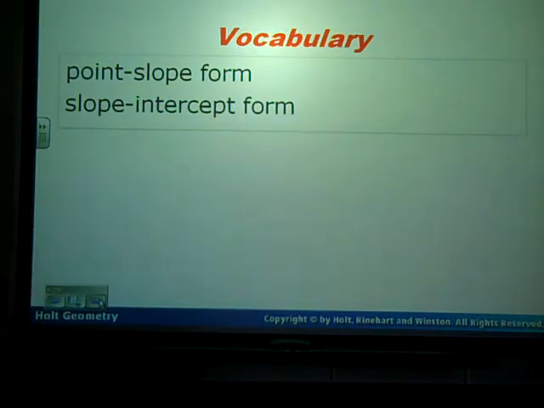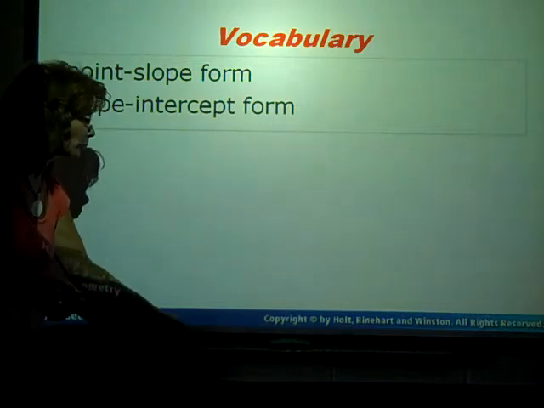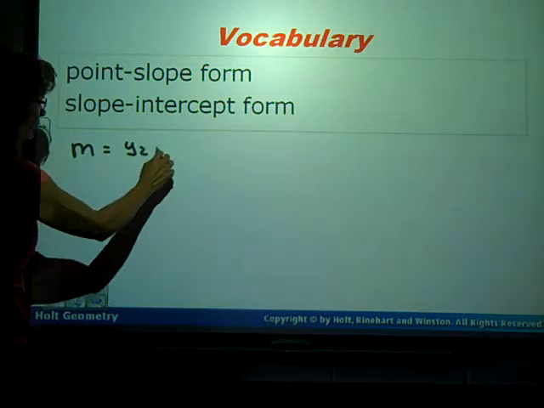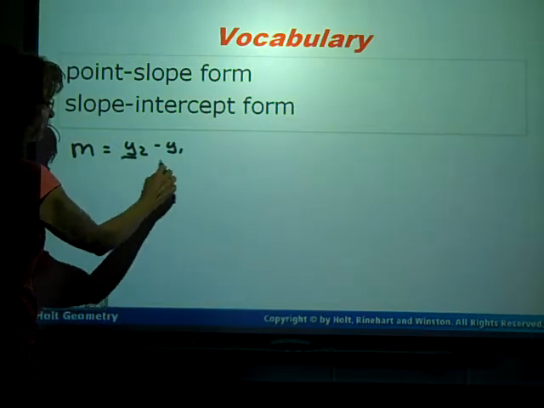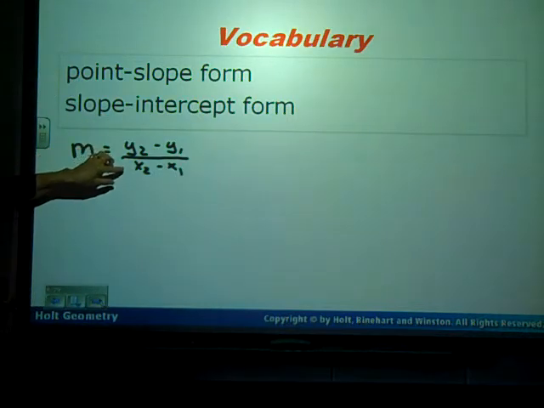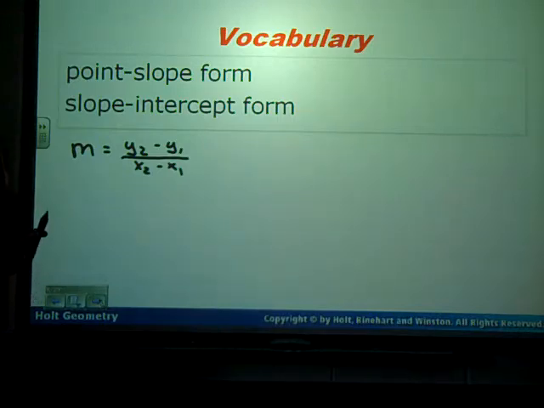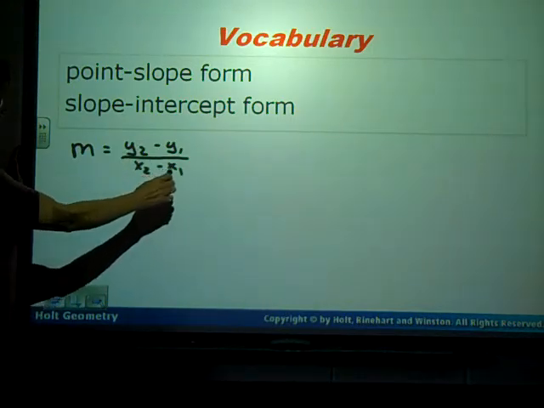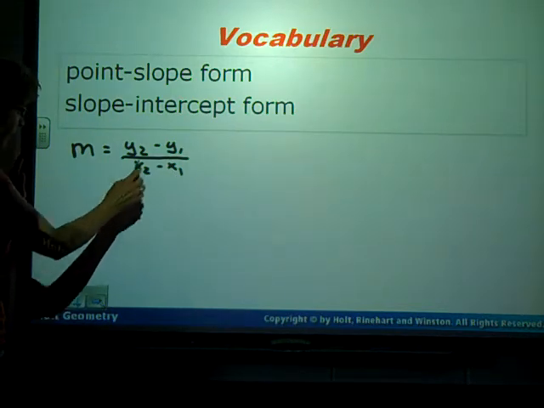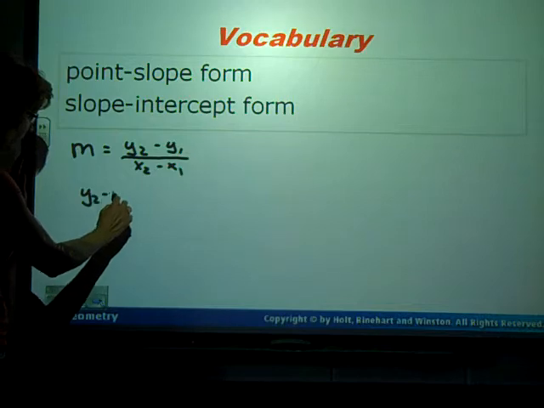So, forms to look at: point-slope form and slope-intercept form of an equation of a line. Recall, the slope formula is m equals y sub 2 minus y sub 1 over x sub 2 minus x sub 1. Recall, rise over run, the change in y over the change in x. Now, if I were to take this equation and multiply both sides by x sub 2 minus x sub 1, I would get, and I'm going to put this on the other side,